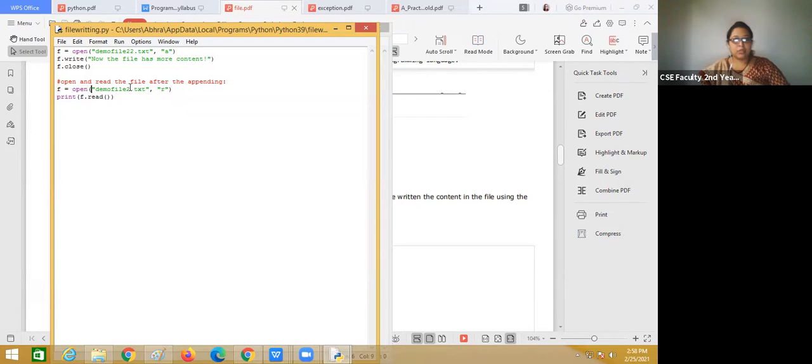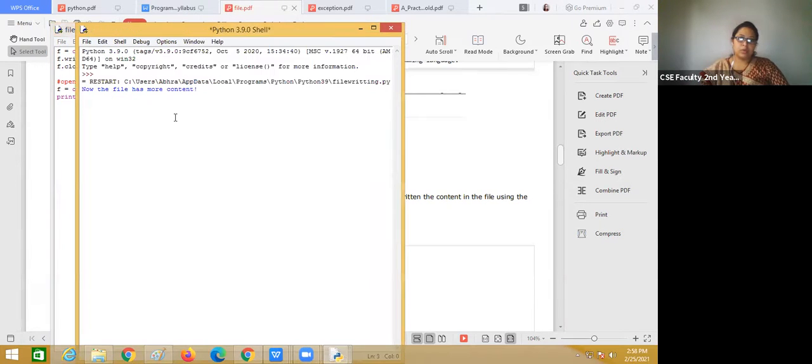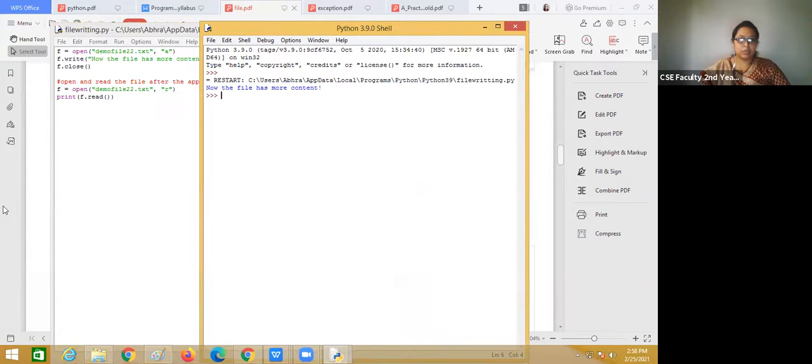Now in the same program we try to open that file, f equals open, then read. So if I write this, "now the file has more content". Let's check whether the file has been created or not.